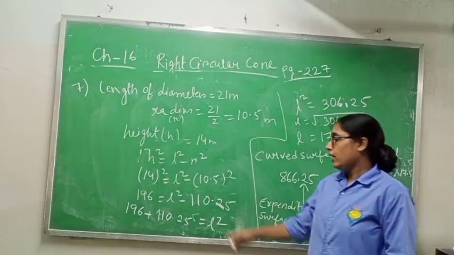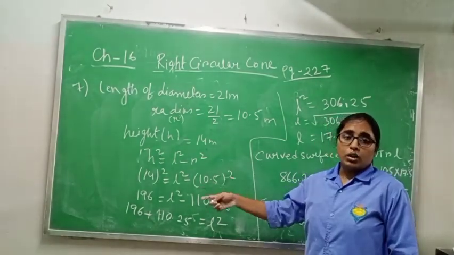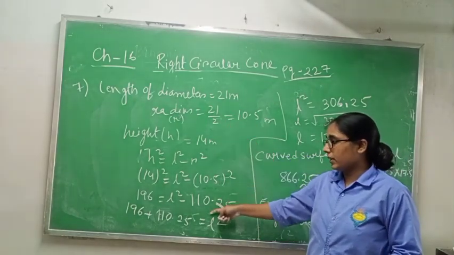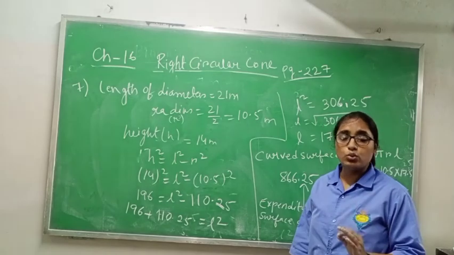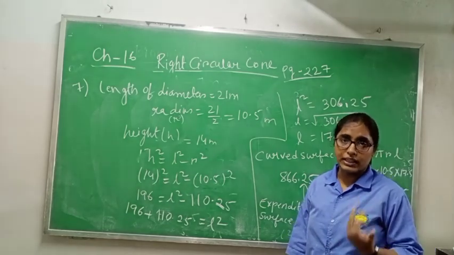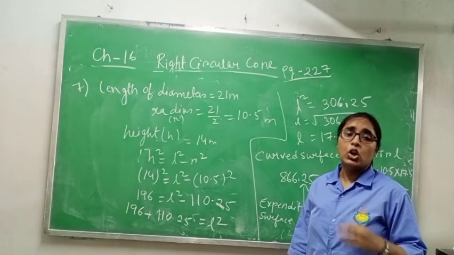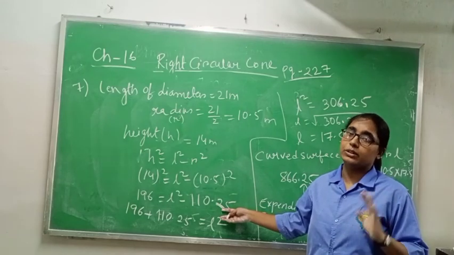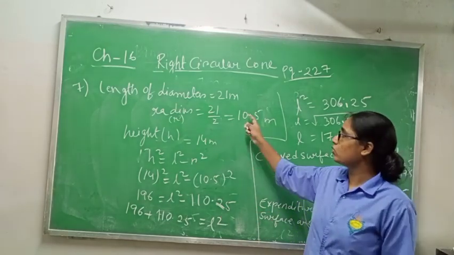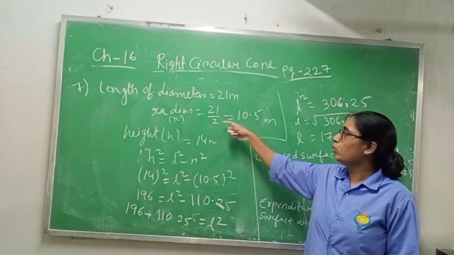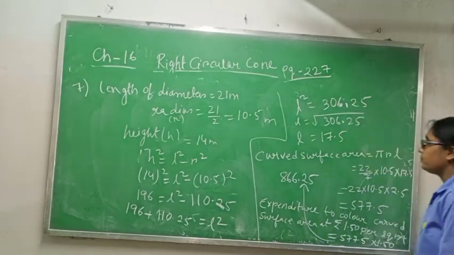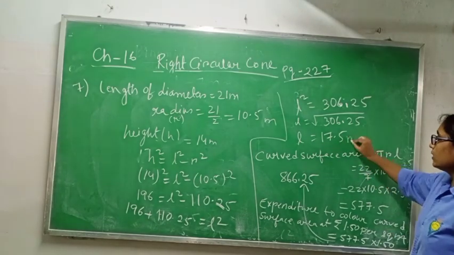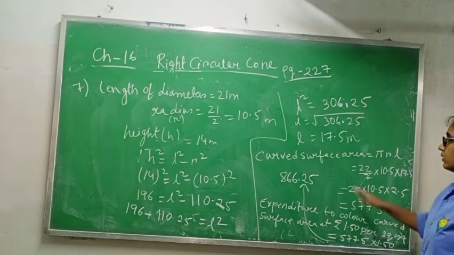If you feel that it is not possible to solve using decimals, please keep it like 21 by 2, take the LCM and then solve it. It's up to you in which way you solve, whether you take the fraction or the decimal. I have taken the decimal, it does not mean that you have to take only the decimal. You can take the fraction also, meaning in place of r you can write 21 by 2 instead of 10.5. The l value you will get is the same, 17.5. Don't think that the l value will come out different.